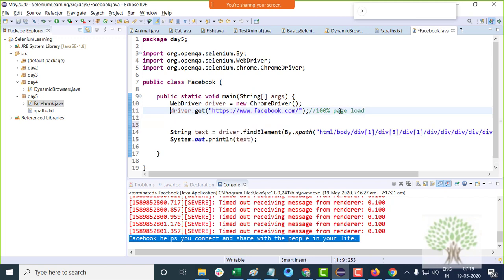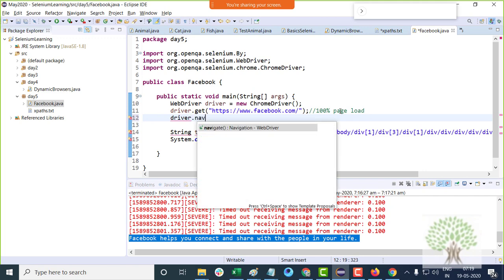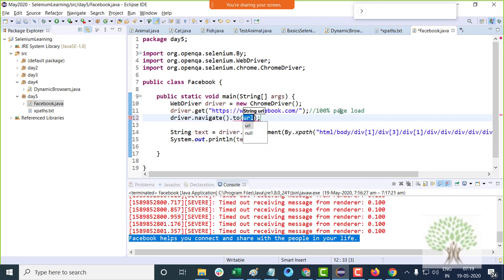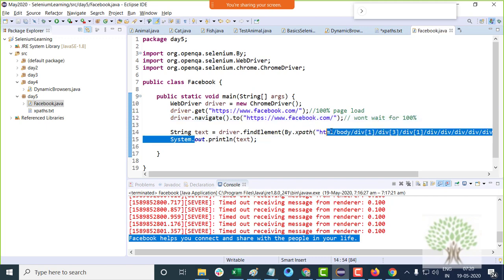Instead, if you use driver.navigate.to and give the URL, this won't wait for 100% page load. As soon as it finds the element, it will move forward.